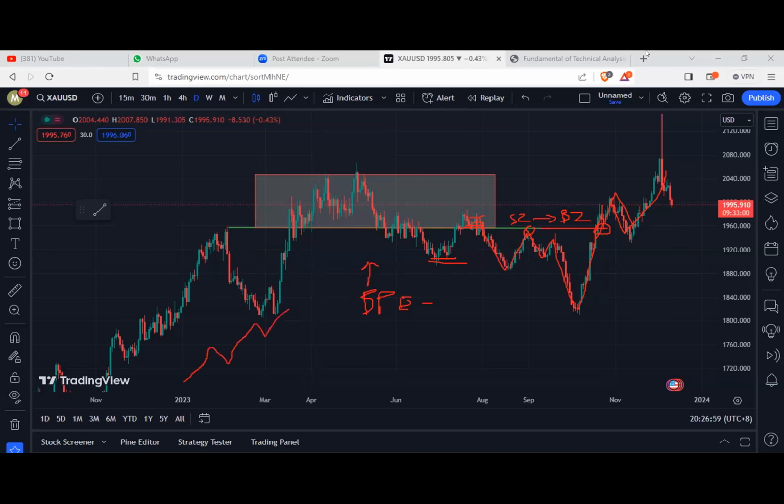So we have a breakout, right? They break out, we wait for the pullback, then we enter over here. The same concept you apply to the chart. Then you enter here, that's why the price goes all the way up. The same concept you just reverse for the downtrend. They break down,